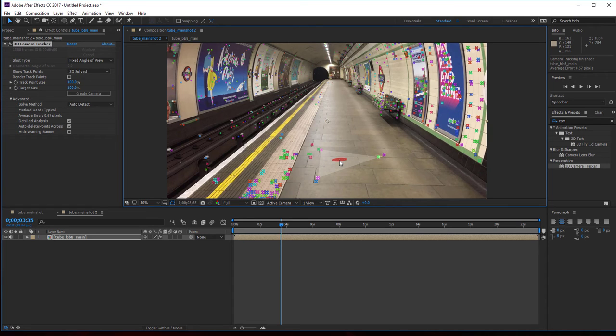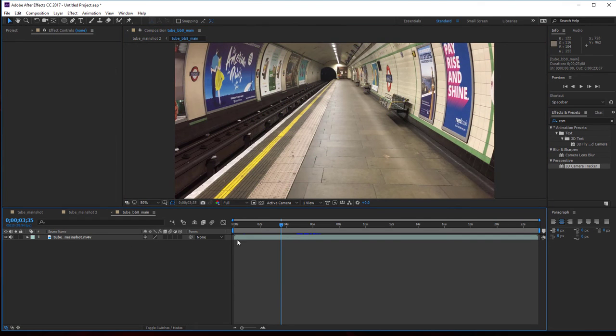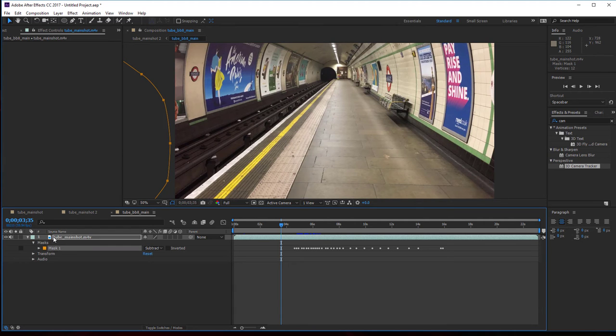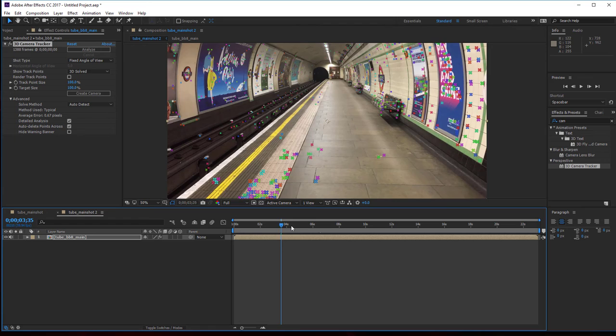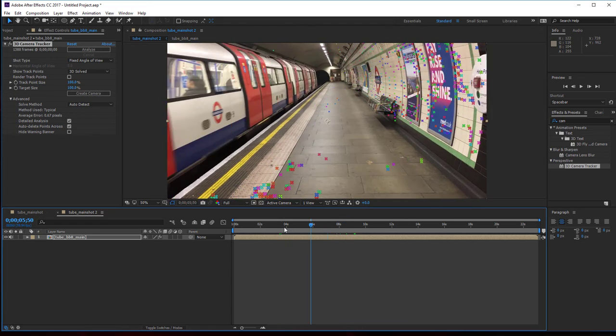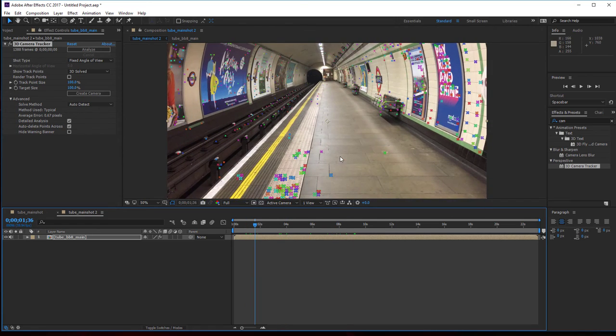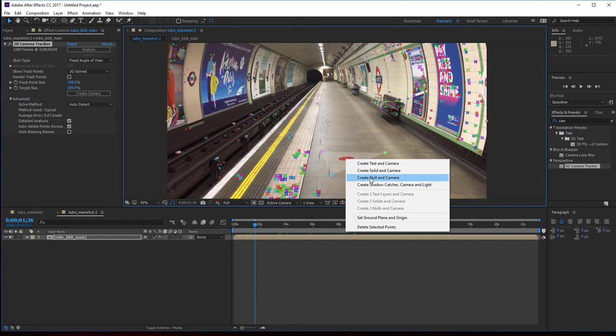So that's pretty good. Actually, one thing before I do anything, if I go into here and turn my mask, in fact I can delete the mask. Delete the mask from inside there. Then when you come back, well, the train is back in shot. So anyway, this area here looks pretty flat on the surface. So if I right click on here, create null and camera,